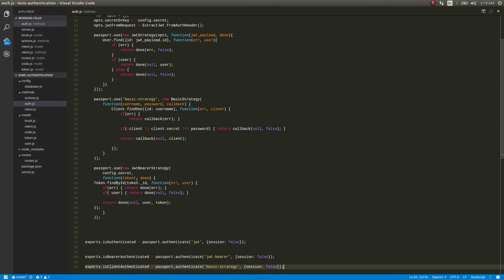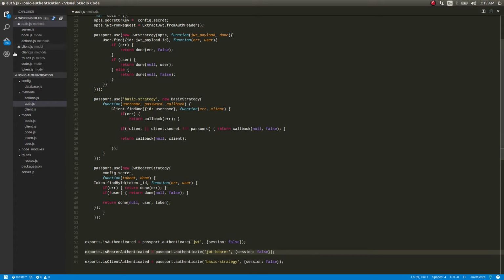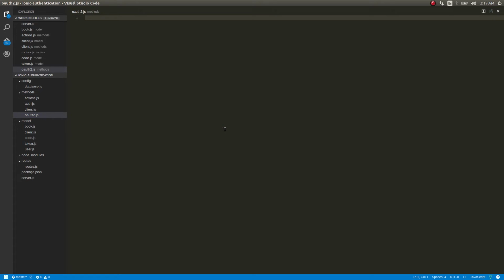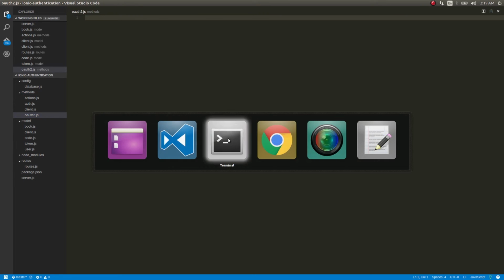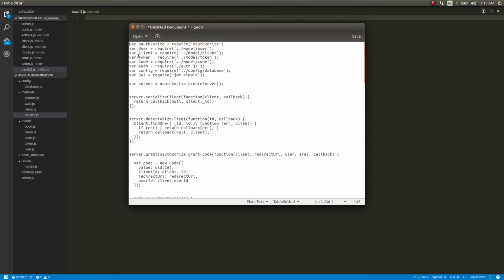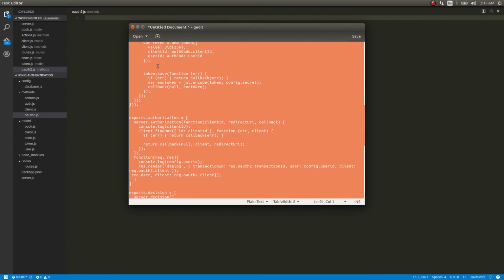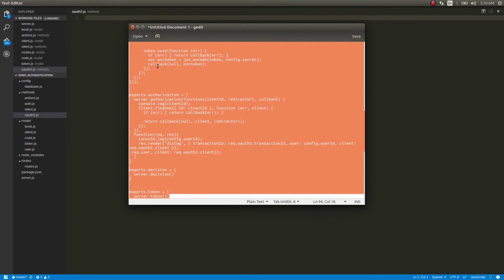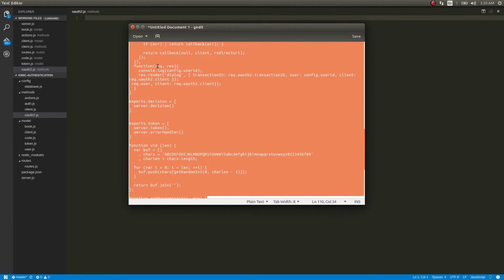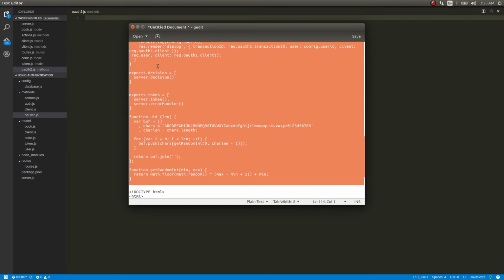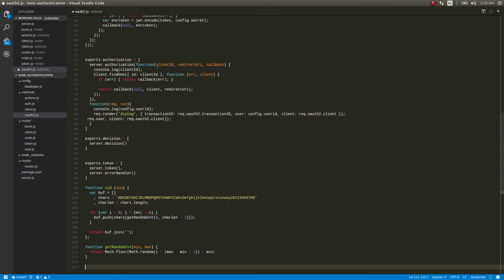Okay, this is done as well, guys. So now we'll go ahead and write the main OAuth 2 code. Since it's very long, I have the code here which I worked out. I'll just copy and paste this. Okay, it's done.